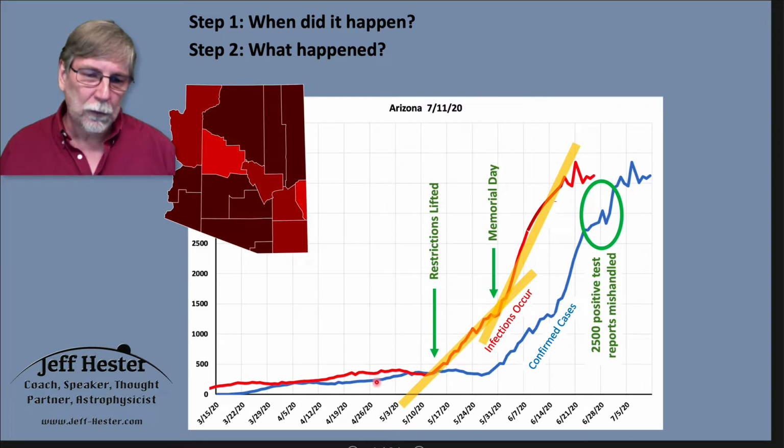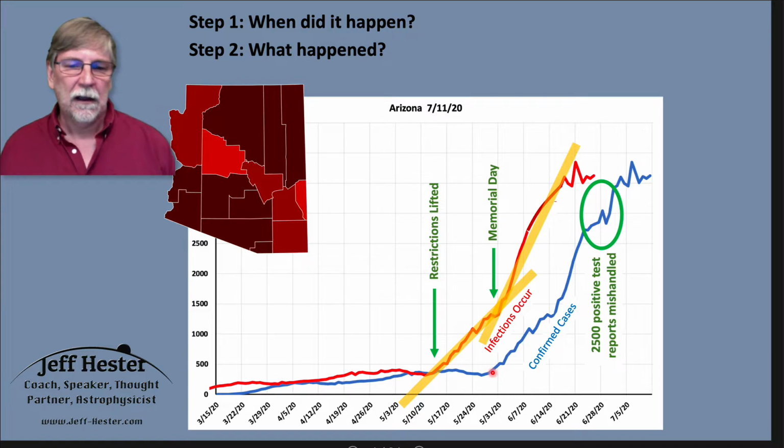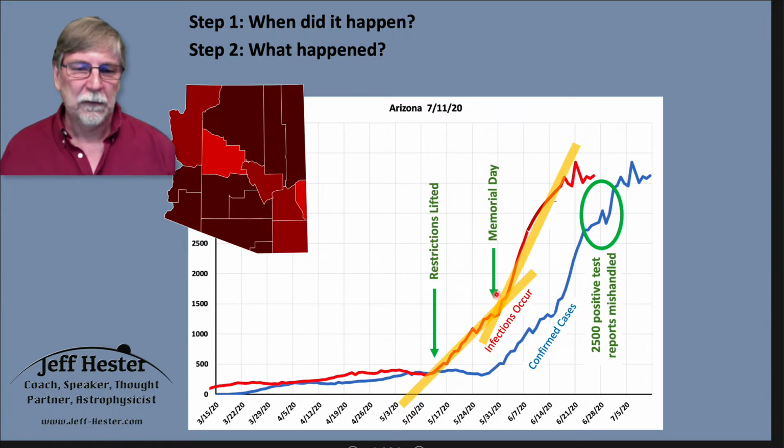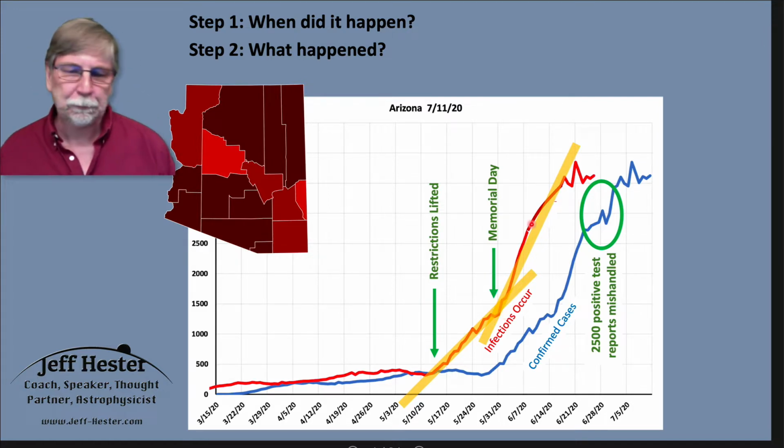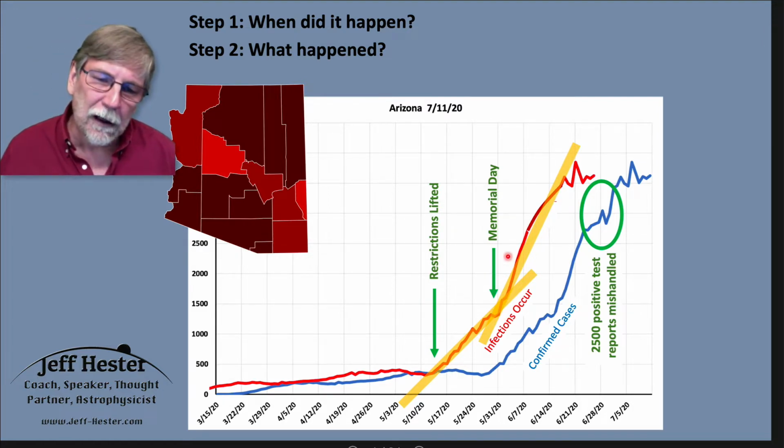If you look at it, we had just opened up. Restrictions were lifted. People looking at confirmed cases said, hey, we opened up and the confirmed cases aren't going up very much. This is just great. We can go out and party. And they did. And the result was the number of cases skyrocketed. It skyrockets,